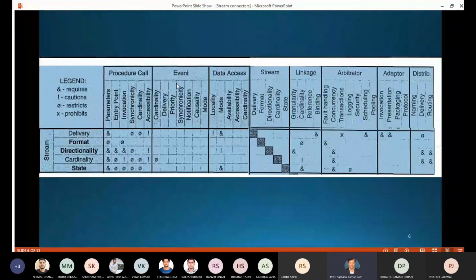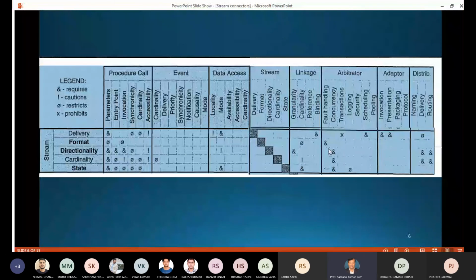So on what point you are asking, sir? How the relationship is being reflected? Row wise procedure, column wise distributor. How is it different? You showed row wise distributed, column wise procedure you showed.